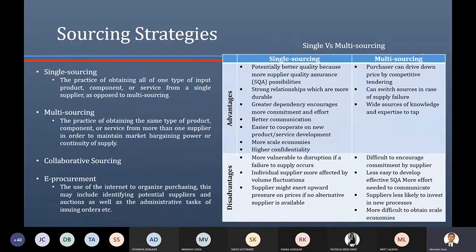Second is collaborative sourcing. Collaborative sourcing means a couple of people, a couple of organizations, they join hands together, and then they place a single order. Very good example is this